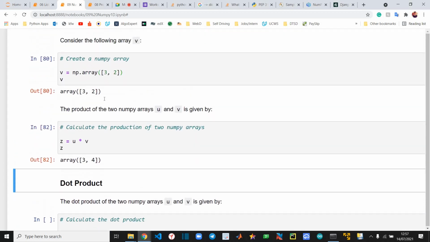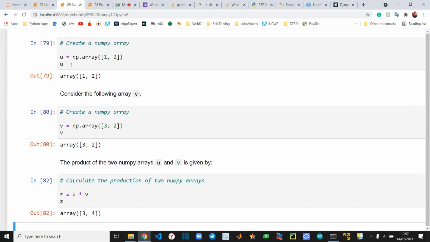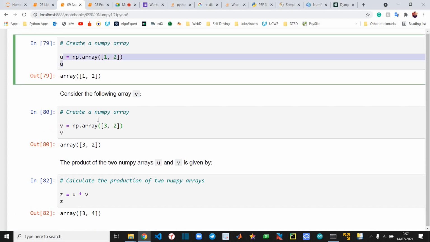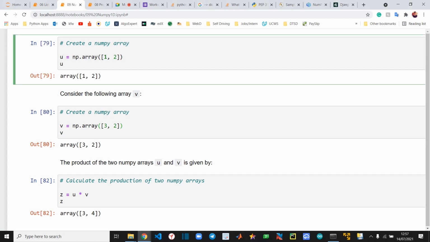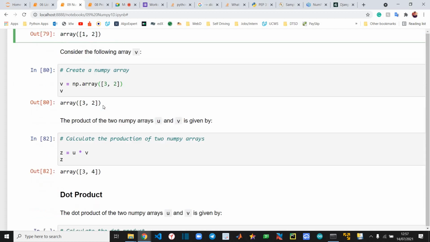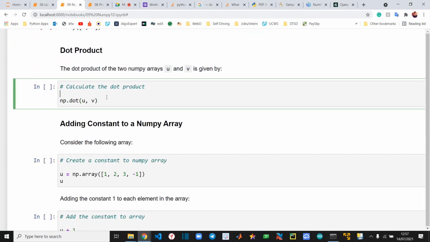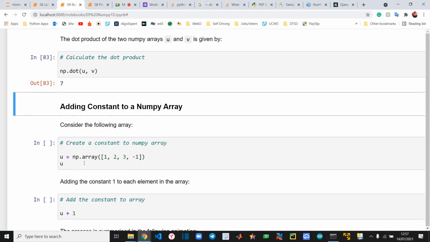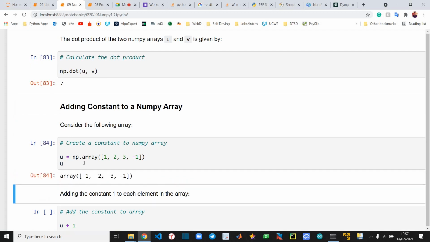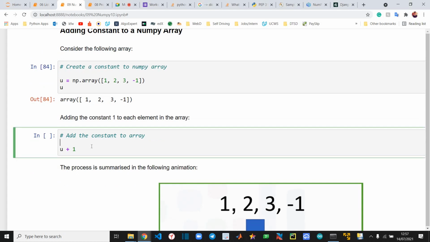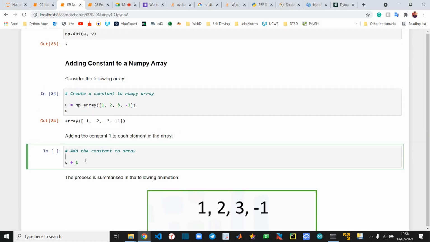Can you see how this is correct? Do you feel like this is correct? This is simple matrix multiplication. Okay, you can do the dot product of the two. I know this is getting boring, but just sit through, because tomorrow it will be useful. This is getting very monotonous.